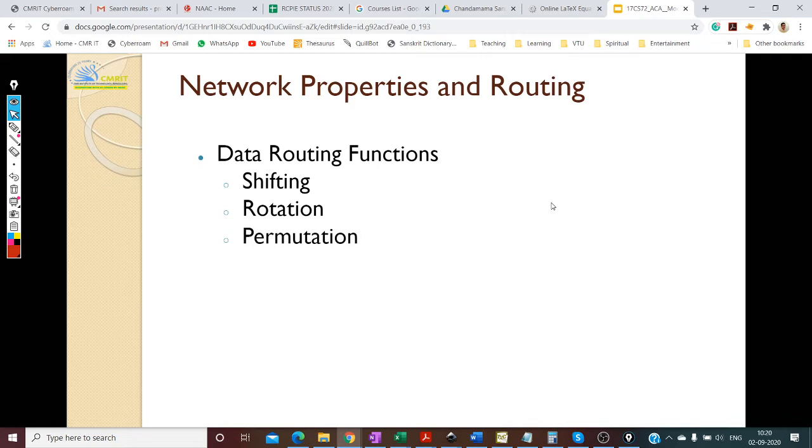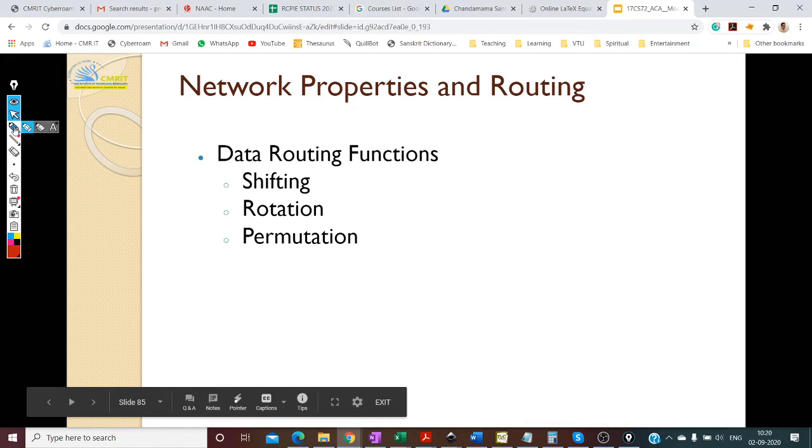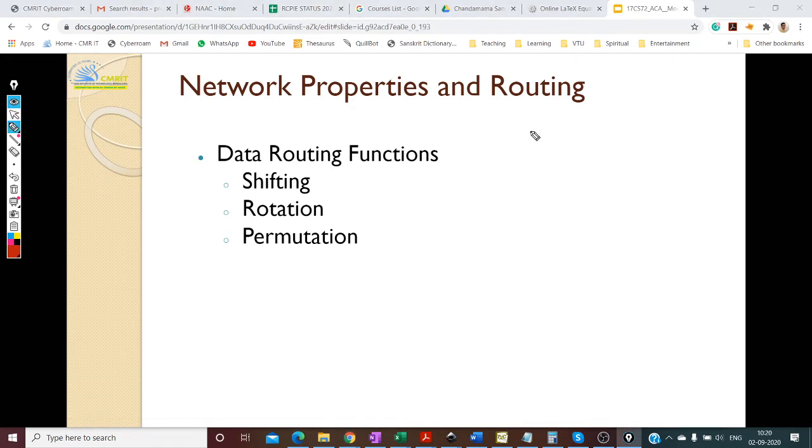And there's another thing called permutation. So permutation goes something like this. What are the different permutations you allow, right? Let us say you have five nodes, so one, two, three, four, and five, and now you can have some kind of connectivity here.